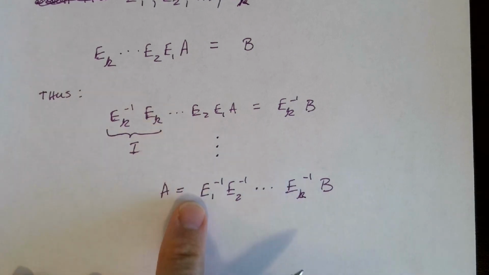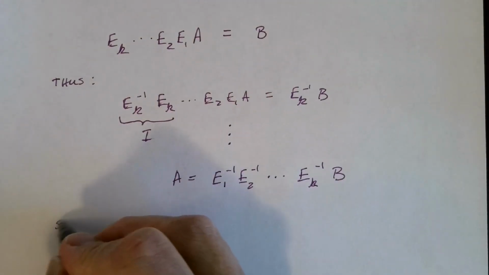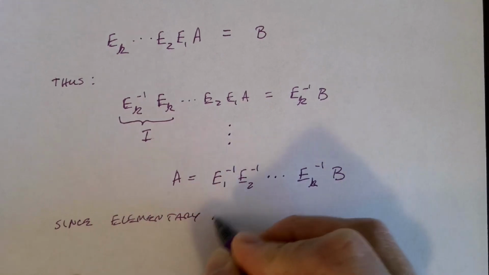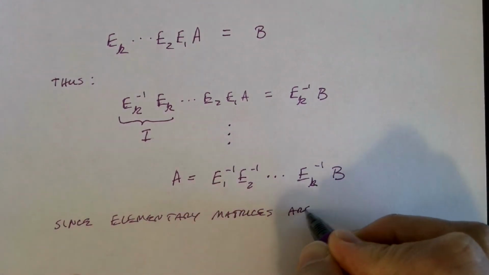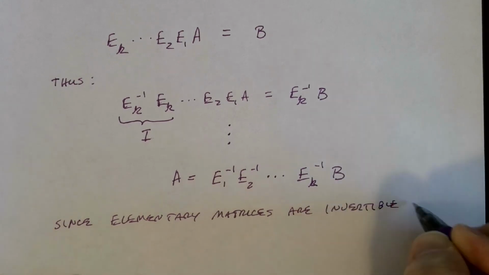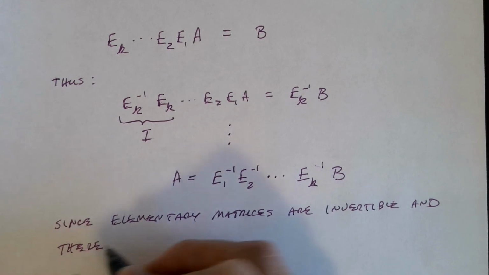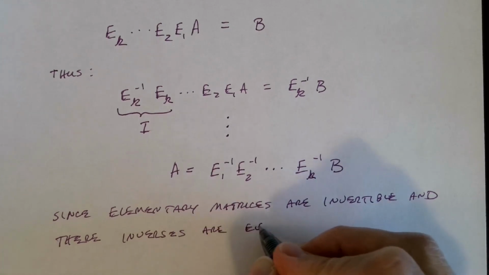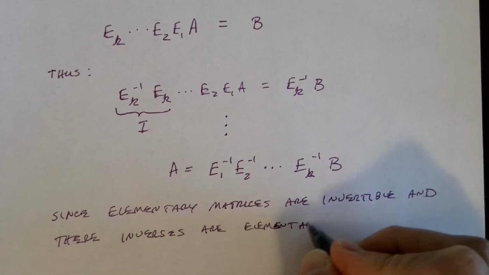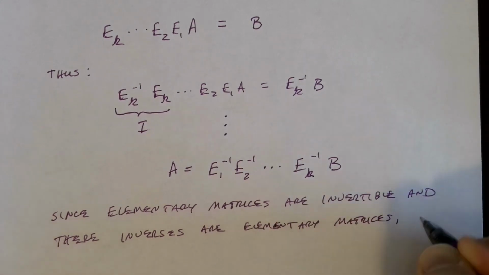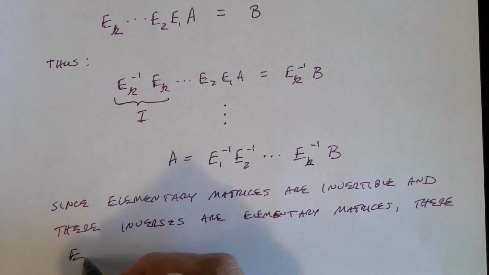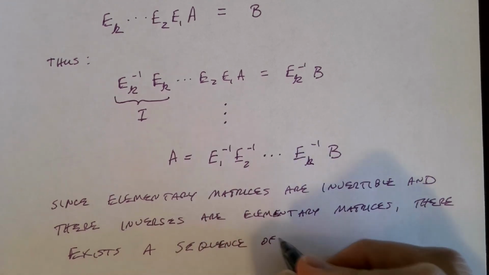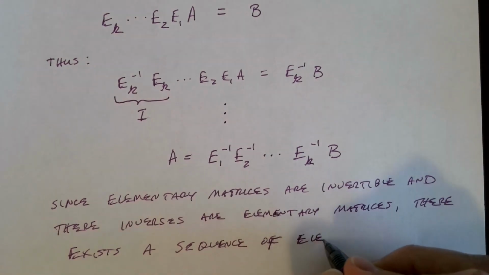So continuing in that manner, we get to here, which says: since elementary matrices are invertible and their inverses are elementary matrices, there exists a sequence of row operations, elementary row operations,